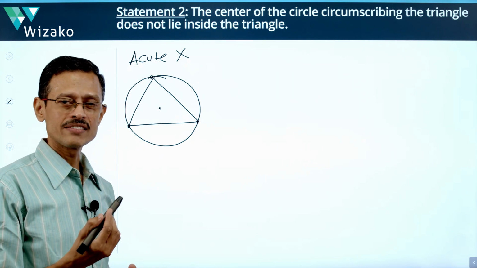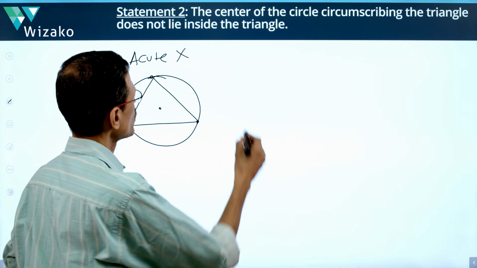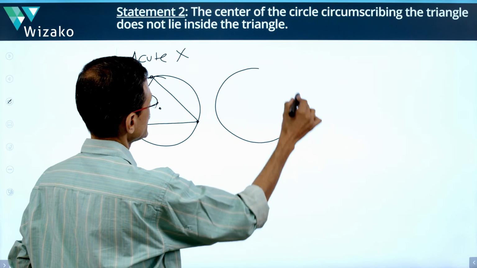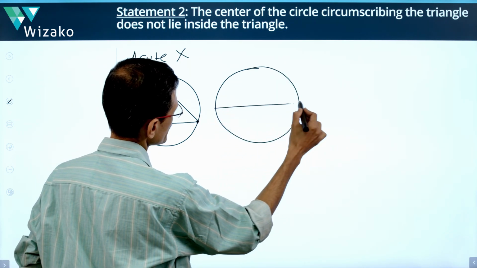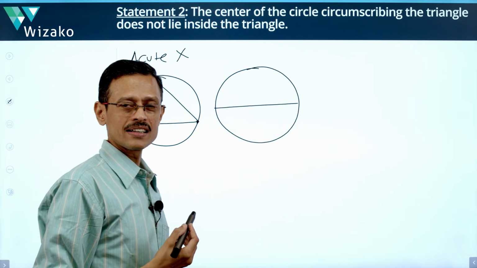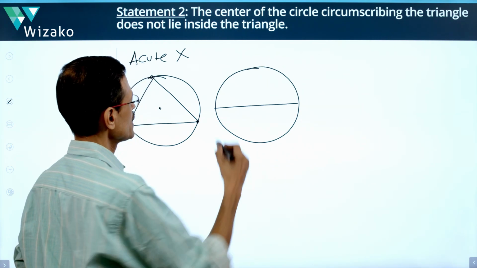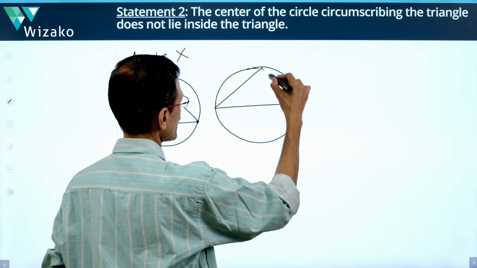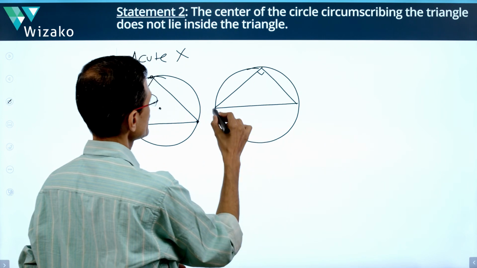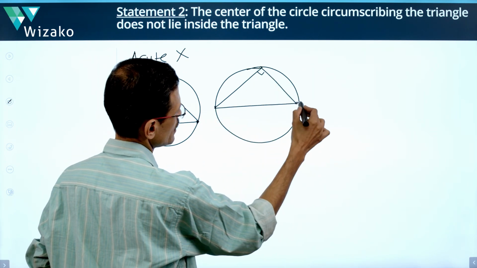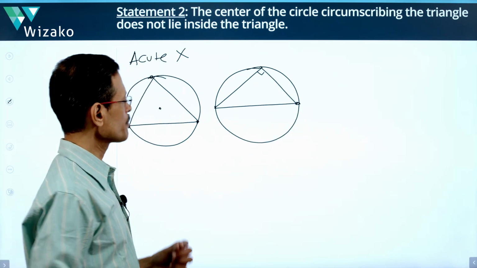Right. Let's go ahead and see whether it's an obtuse angle or a right angle triangle. How does it pan out for a right triangle? For a right triangle, you would have probably read this property saying that the angle in a semicircle is 90 degrees, is a right angle, right? For a right triangle, this is how a right angle triangle is going to be. This is 90 degrees circumscribing circle because all three vertices lie on the circumference of the circle.